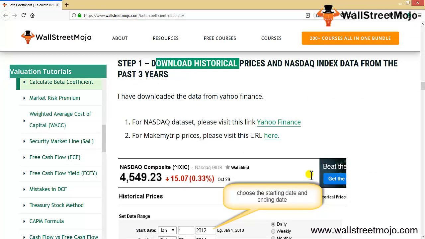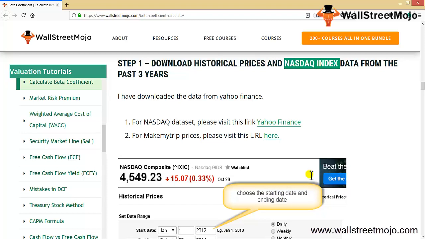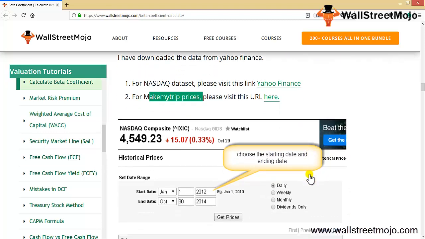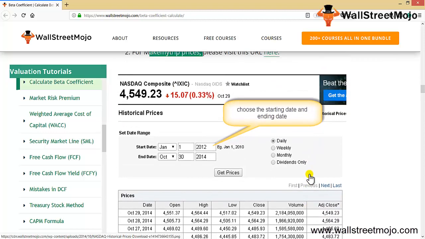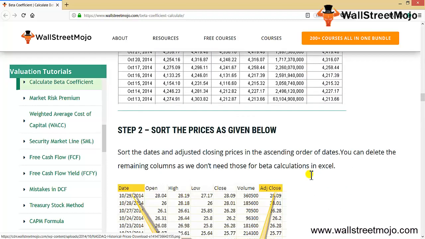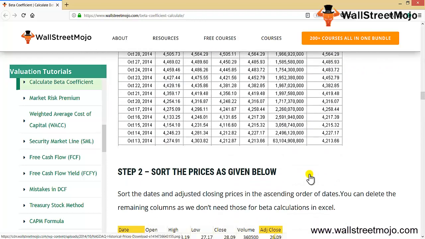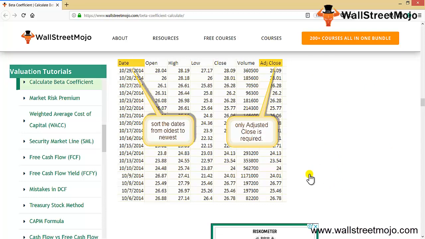First, you need to download the historical prices and the Nasdaq index, so as to mimic the same. Here the data has been downloaded for the Nasdaq dataset, and for Make My Trip prices, refer to the URL as suggested. These are the historical prices that you have been shown here. Try and select them. The next thing is to sort the prices as per the date. As you can see, the prices from the oldest to the newest have been sorted,